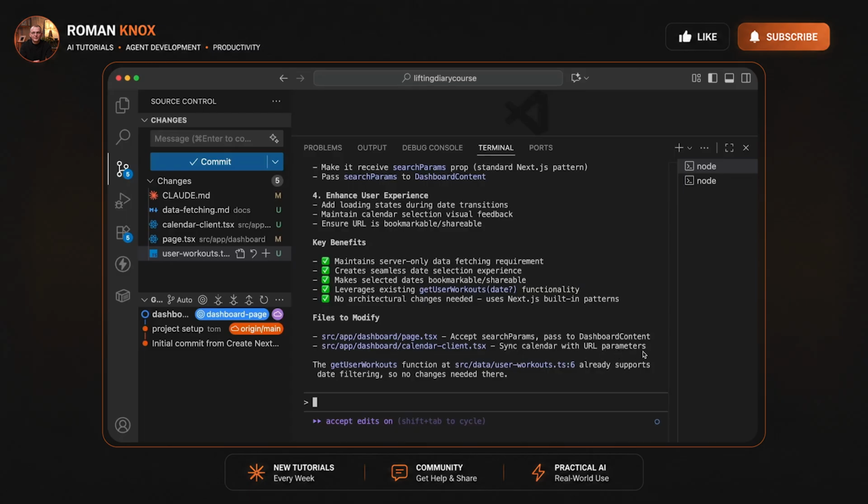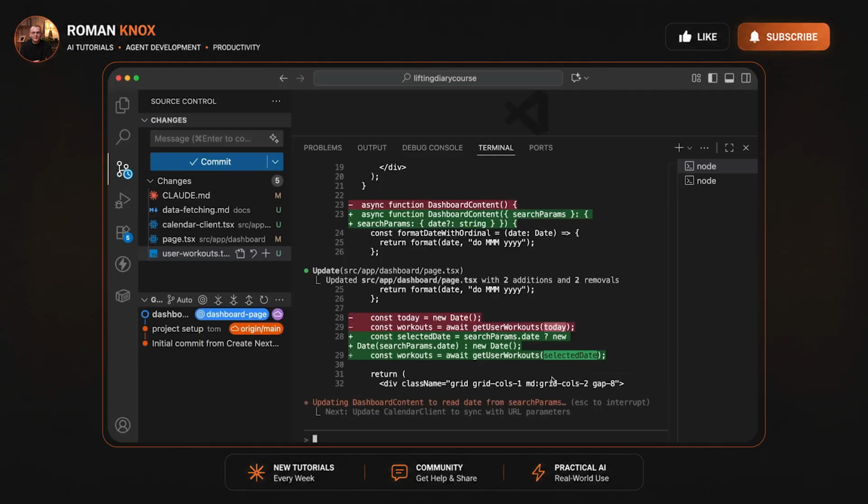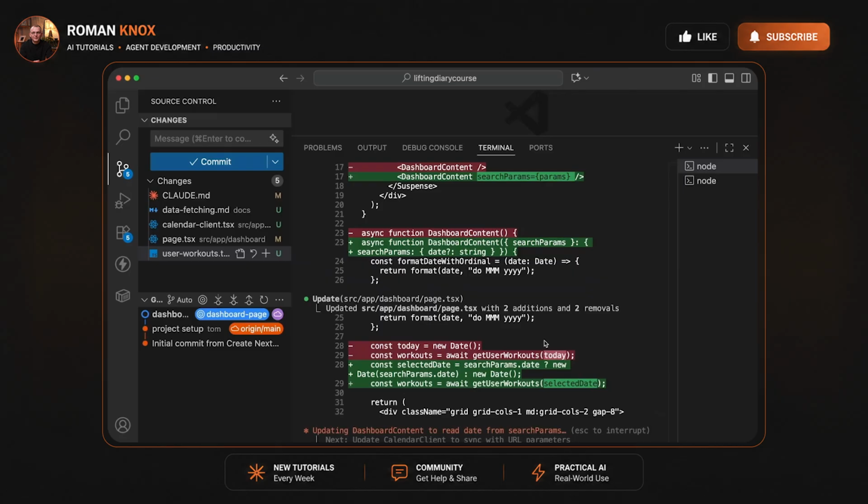So let's hit Shift and Tab on our keyboard again to cycle through to edit mode. Let's make sure we have edit mode enabled, and then let's actually get Claude to implement this fix. So let's say, this looks great. Implement these changes. Let's hit enter on this, and we can see Claude Code is modifying our dashboard page.tsx